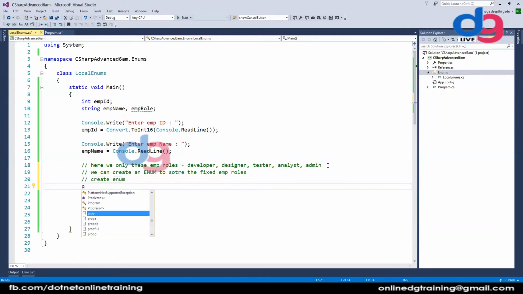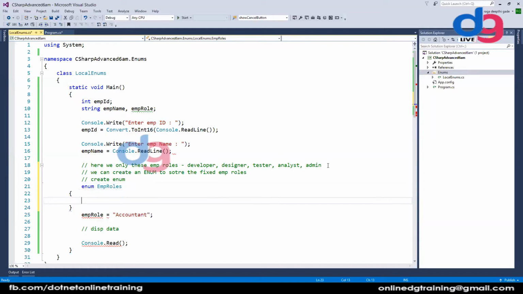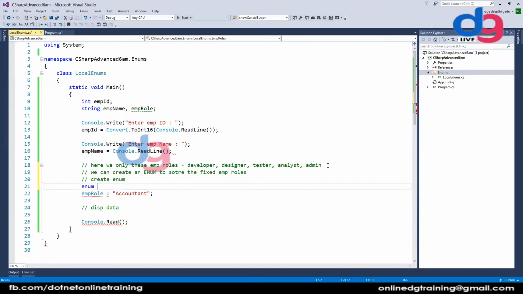We have to use the enum keyword. Give the name to the enum. Oh sorry, I cannot create the enum within the function.